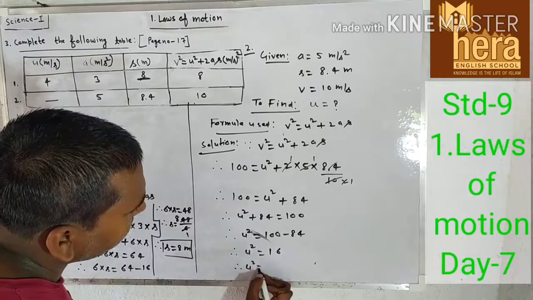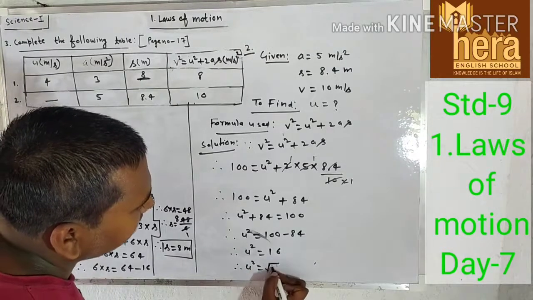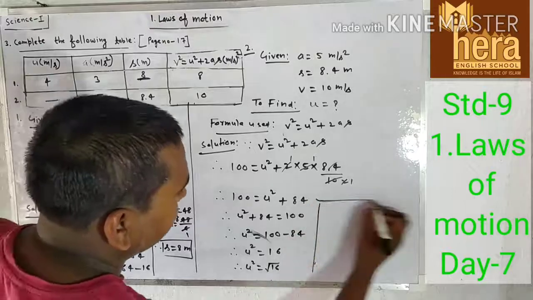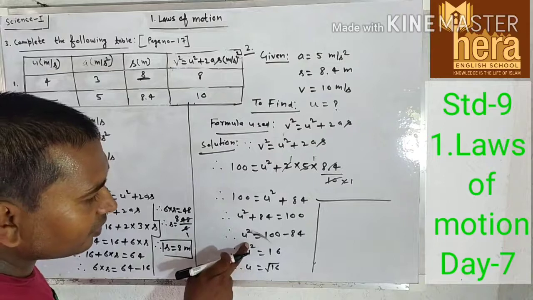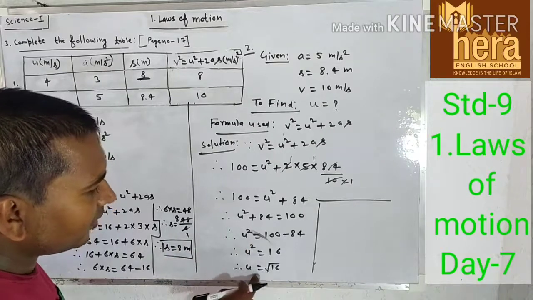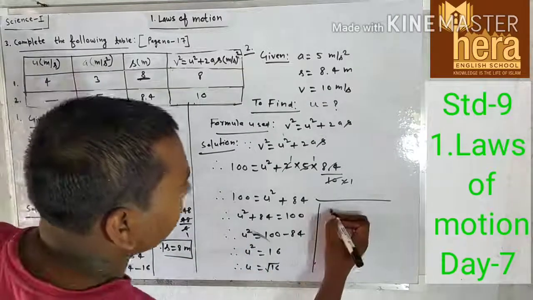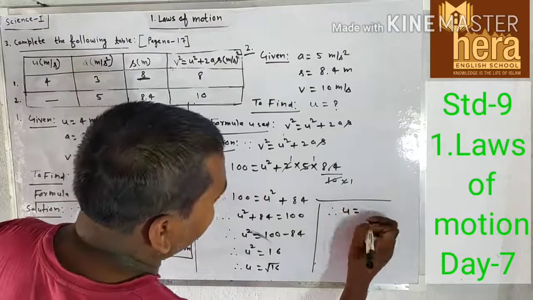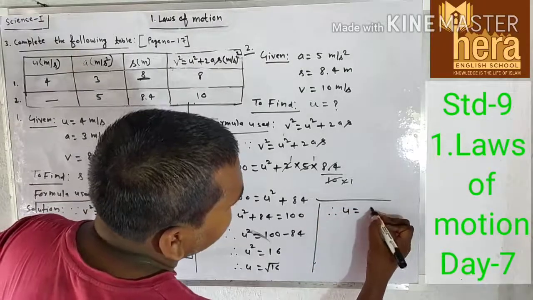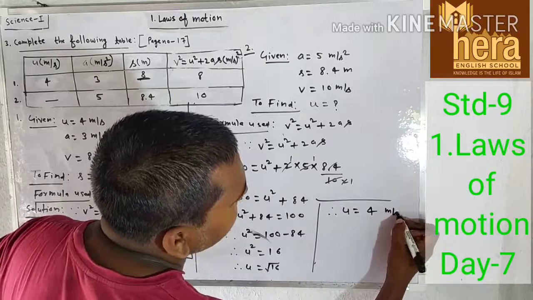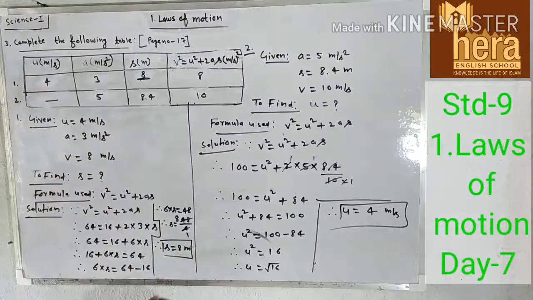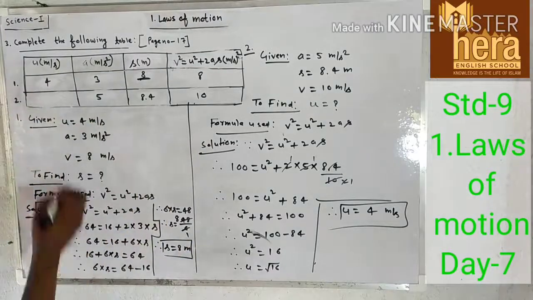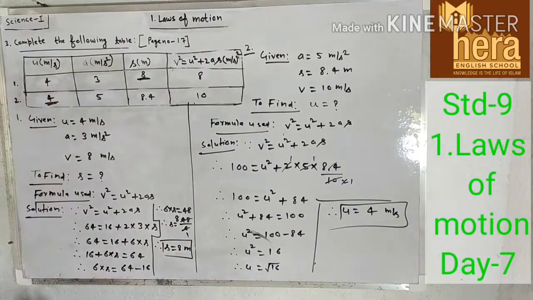Therefore U square is equal to 16. If you remove the square from here, here will be under root. So U will be equal to under root 16. Therefore U is equal to 4. 4 what? Meter per second. This is the answer. Here will be 4. Understood? Now question number